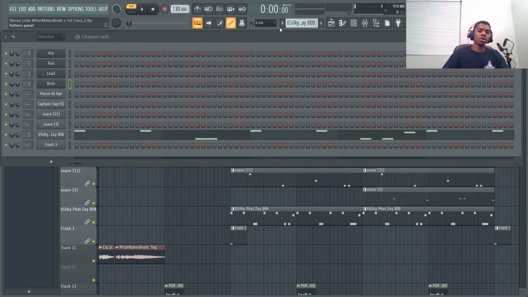You can't really tell what's going on, the words being said, or maybe the melodies, but you can tell the bass is hitting, and you can kind of tell like, oh, it's going hard in there. They're going crazy. They're having a good time. When you get that vibe just off of the 808 hitting, that's when you know you're in the right direction of making a hit song, or a popular song,